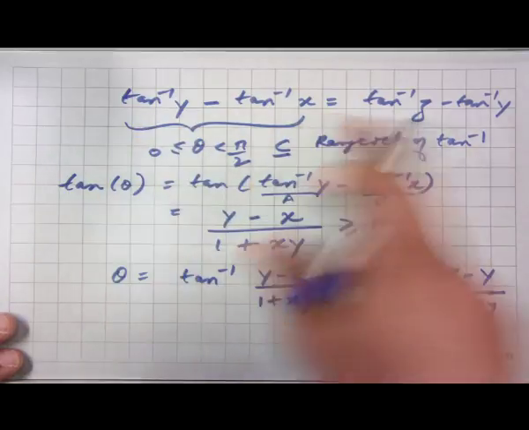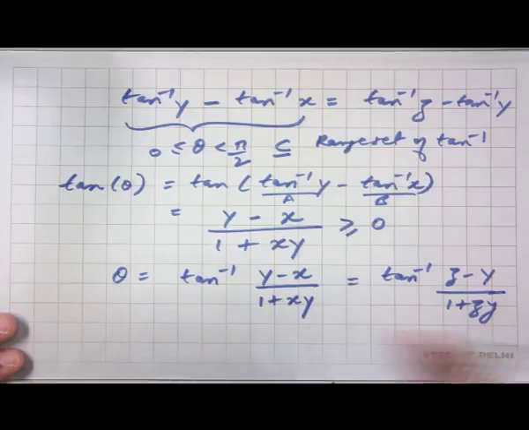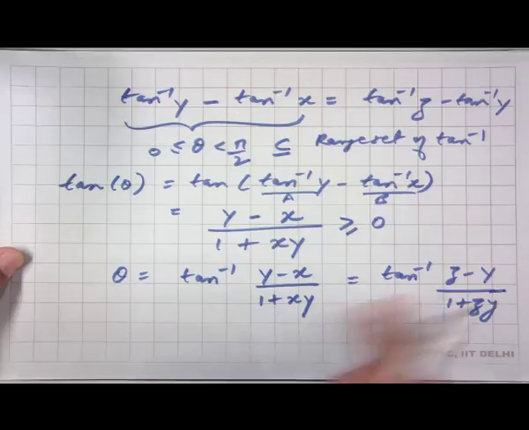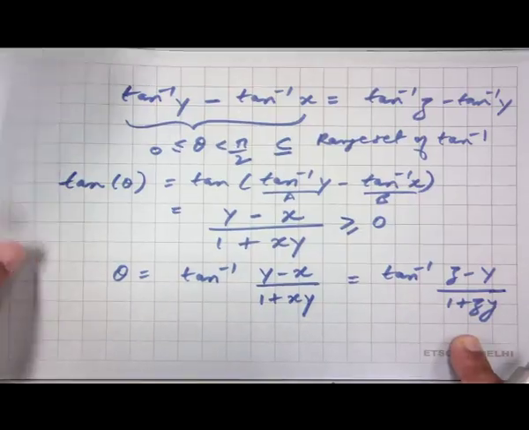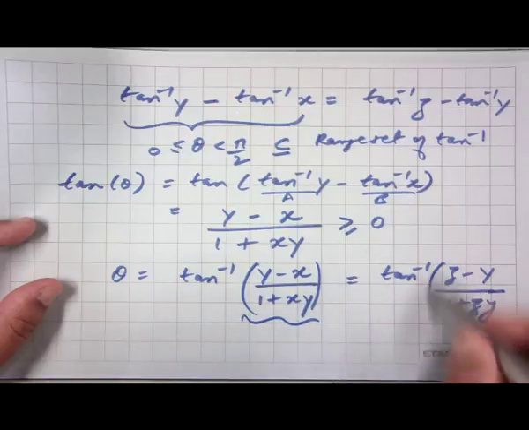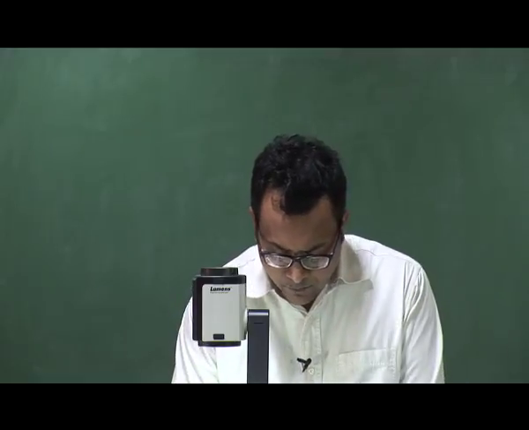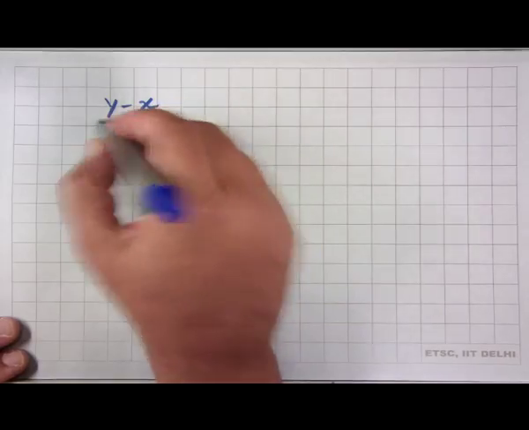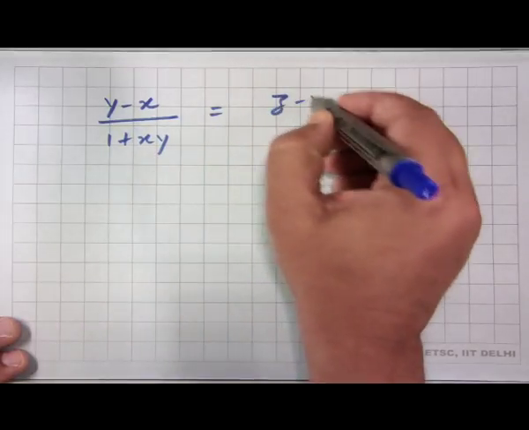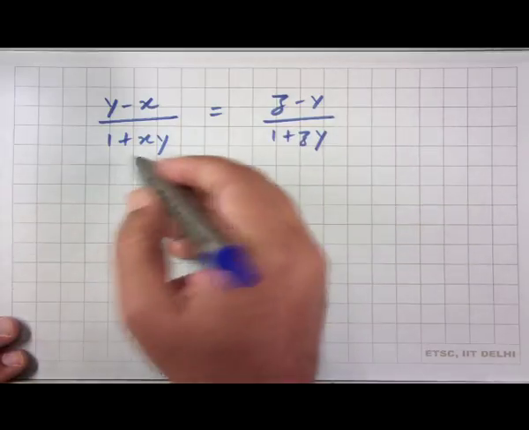And because they are equal, we finally have this equality, and now we just need to apply the tan function on both the sides of this equality, and therefore, what we get is that this value here is equal to this value here, which we write as (y minus x) by (1 plus x y) equal to (z minus y) over (1 plus z y), and then